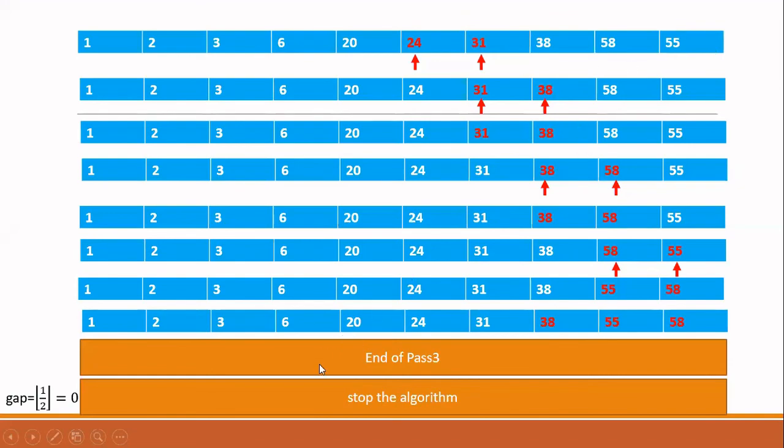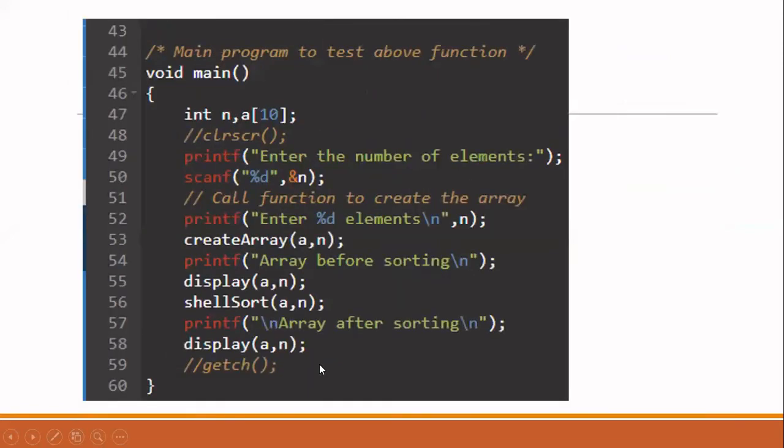Now we are going to see the program. Let me first go to the main program. This main program is similar to the insertion sort we have seen in the last class, so I'm not going to explain the main again. Instead of calling the function insertion sort in line number 56, I called the function shell sort. That is the only difference. Only the name of the function is changed. All the remaining are same in main.